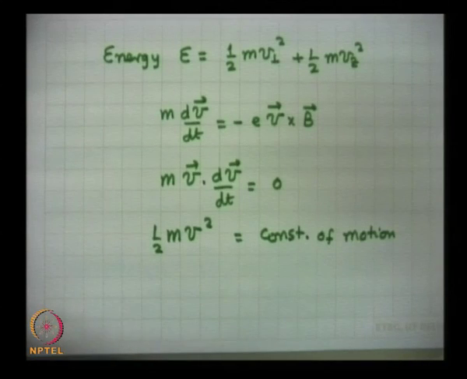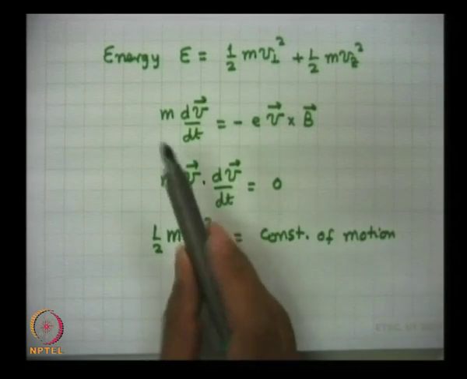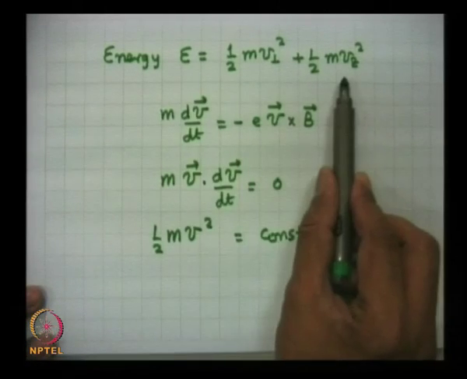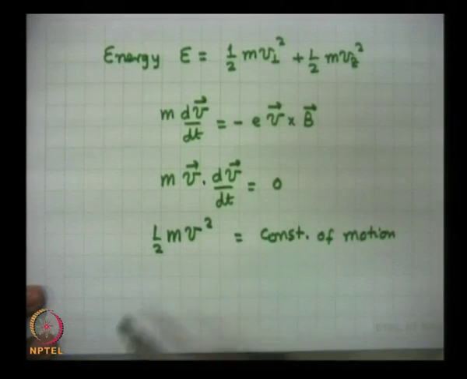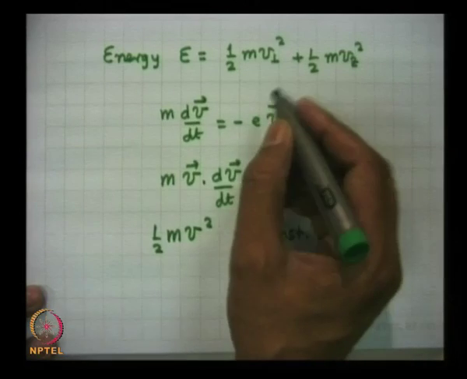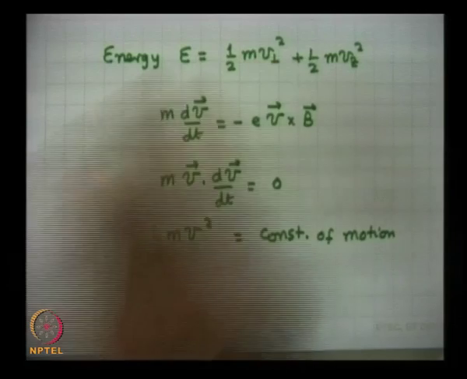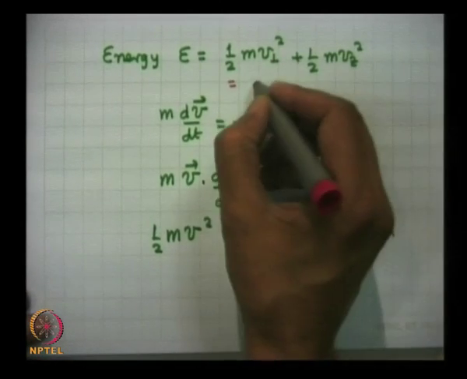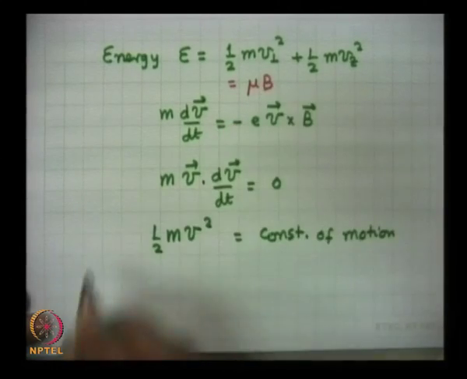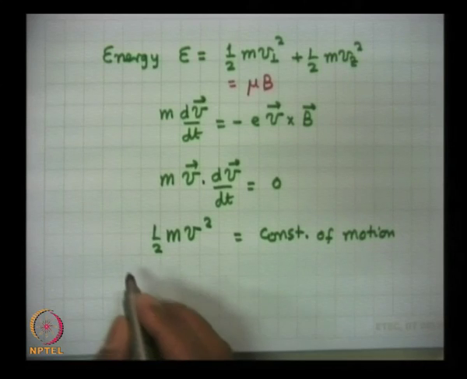Now, if I take E as a constant of motion, then I can differentiate this equation with respect to time, and let us see what I get. First of all, half m v perp square I can write in terms of mu, because I have defined mu as the ratio of this quantity to the magnetic field. So, this quantity is equal to mu into B, and if I use this as mu B and then differentiate this equation, I get